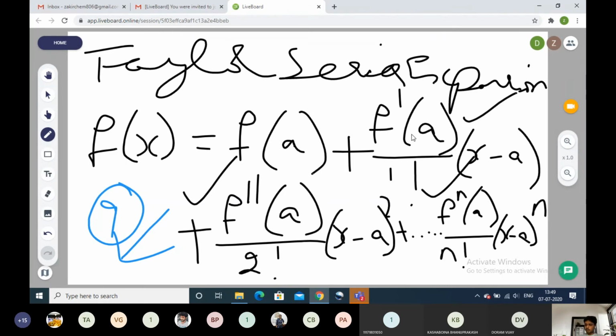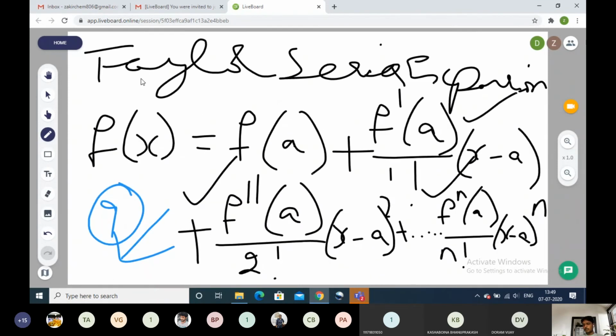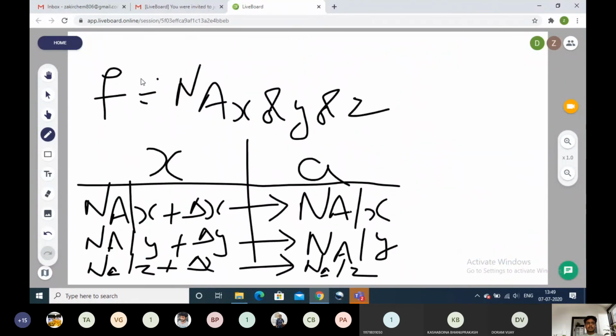Next, we will compare the Taylor series expansion, equation 9, and our main equation, equation 8. You can see that f in the Taylor series expansion, when we compare with equation 8, is nothing but N_A, which takes its respective components: N_Ax, N_Ay or N_Az. So x here we can define as N_A at x plus delta x, y plus delta y, and z plus delta z. This corresponds to f. Then these are the components.